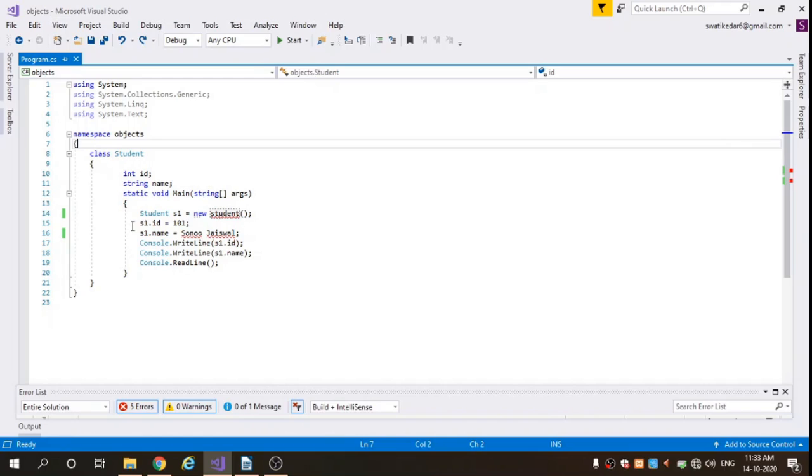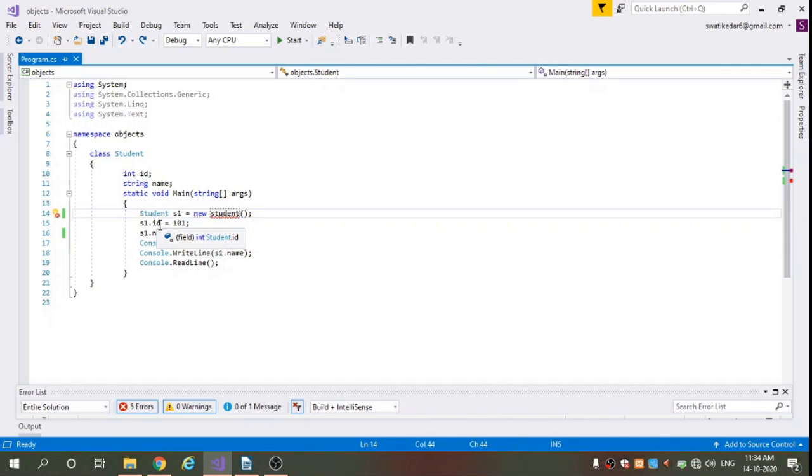Inside the Main method we have created the object. Student is the class name, and s1 is the object, equal to new Student(), where Student() is the constructor of this class. After that we are accessing the fields id and name using the object: s1.id = 101, so we are passing the value 101 to the id.